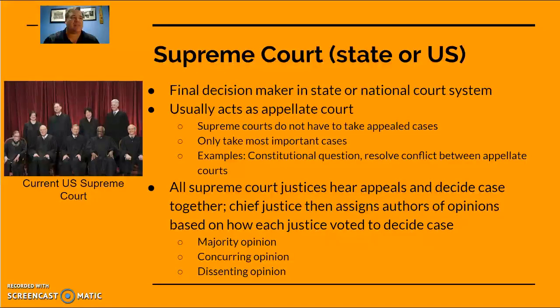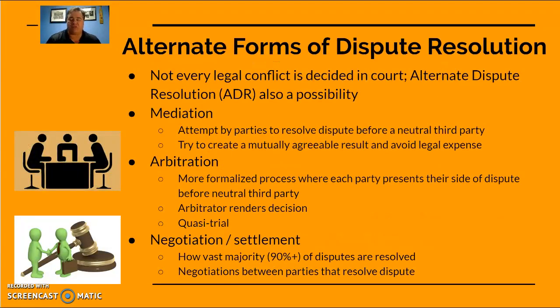Okay. Last little bit, there's alternative forms of dispute resolution. We don't have to go to trial on everything. Alternative dispute resolution, or ADR, is something that's a possibility as well. Mediation attempts to informally resolve a dispute by appealing to a mediator, somebody who sits at a table, the 2 sides present their information, and this third party tries to kind of cut a deal between the 2 of them. Arbitration is basically like a trial. It's a little bit more relaxed, rules of civil procedure. You don't have to jump through all the hoops like you're at trial, but an arbitrator will render their decision. The vast majority of cases in the American legal system, though, are resolved by settlement,